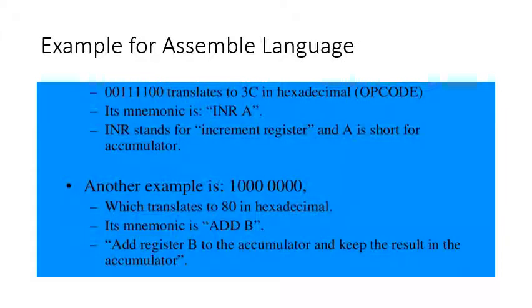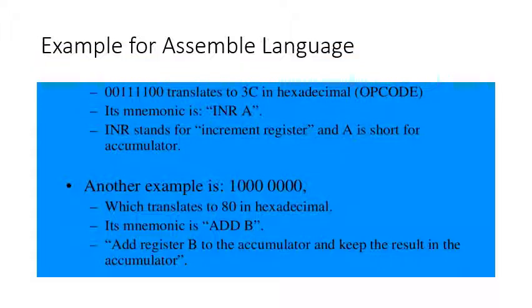For example, we choose the previous example itself, 00111100. If we convert this particular binary code to an equivalent hexadecimal code, we will be obtaining 3C. This 3C is nothing but the opcode, which is being converted to hexadecimal, right? And this opcode has a user friendly meaning. The user friendly meaning is being called as mnemonic, that is, the symbolic code is nothing but mnemonics. So 3C is a symbolic code which has a user friendly meaning, that is called mnemonics.